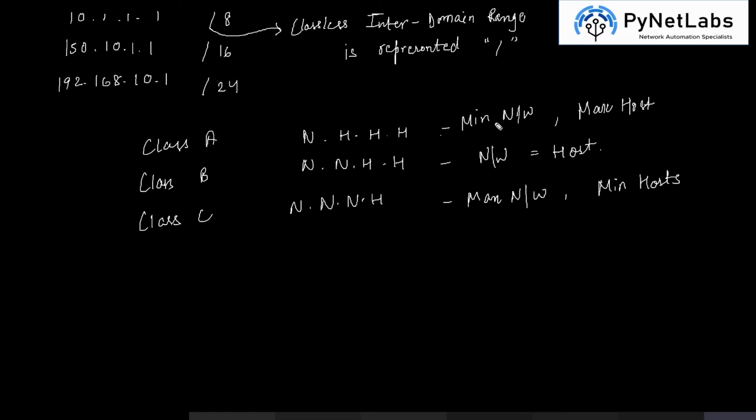In case you have a large number of hosts on which you have to configure the IP address, you should use an IP address from class A. And in case there is a small network and hosts are not more than 255, then you can use a class C address, or accordingly you can select your class range for the IP address you want to configure on your devices.